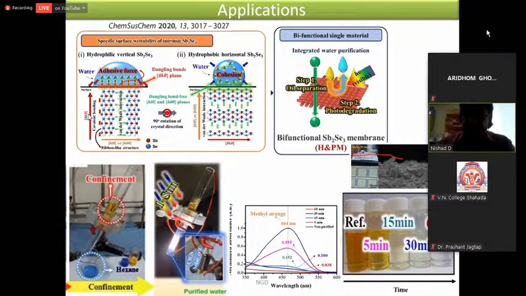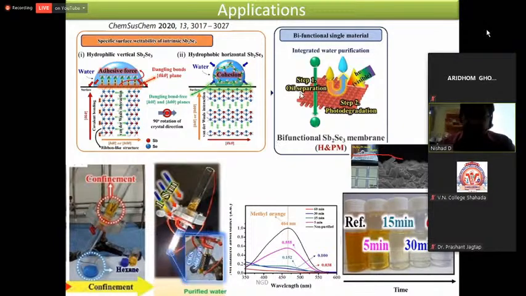k0 planes. On the other hand, if I try to make the antimony selenide in such a way that I have h0l planes or h00 planes, then at the surfaces I am using van der Waals interactions, and these interactions make the water contact angle much higher, and therefore I have a hydrophobic surface now. So why I want this surface is to make a bifunctional filter. Now this filter will be very essential for me, such that if I use this filter on a mesh part. So here is a mesh, and we have grown this antimony selenide